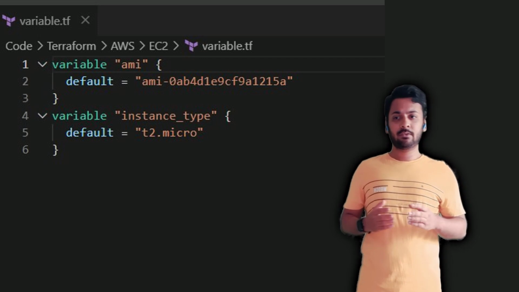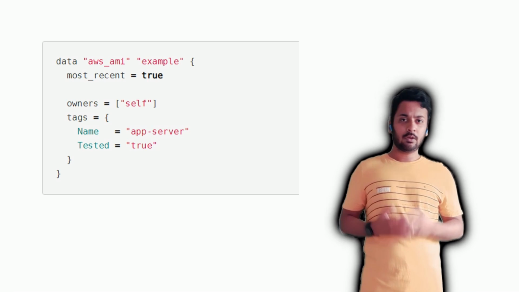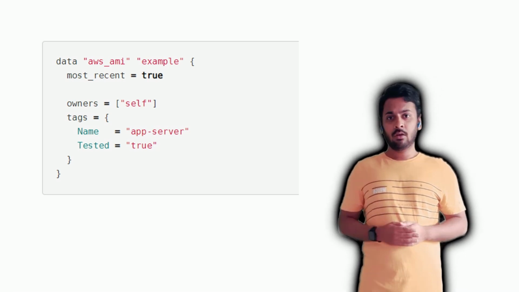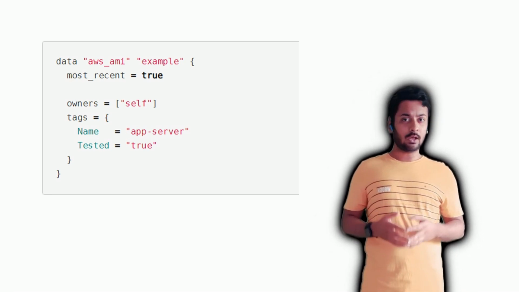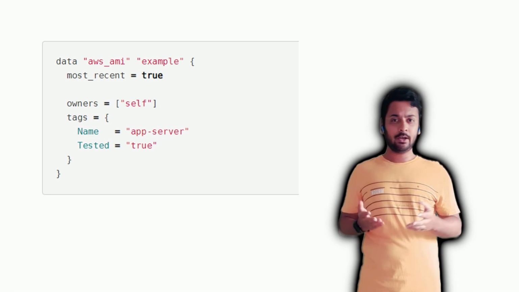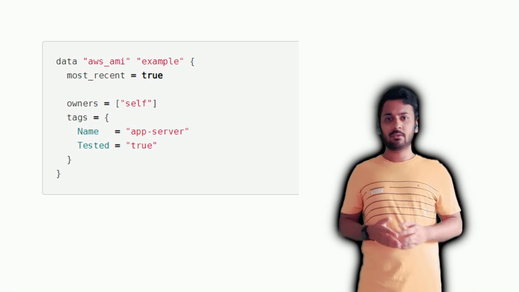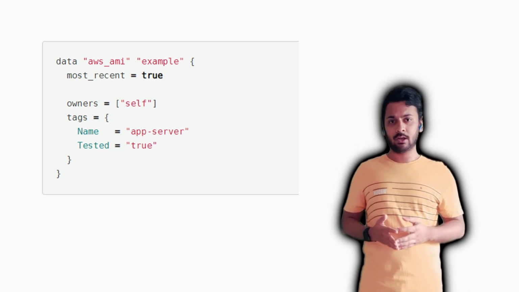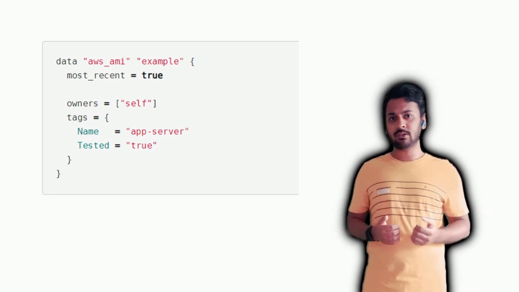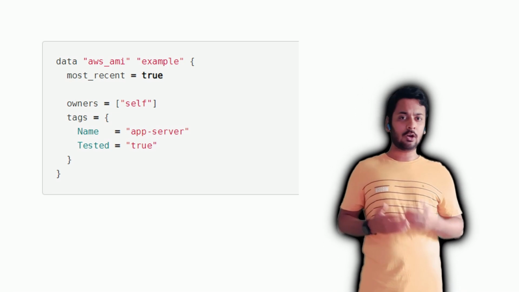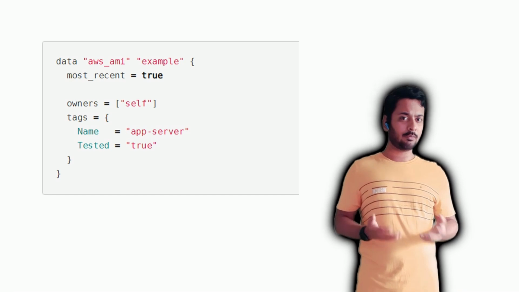Apart from these, there is one more block known as the data source block. A data source allows a value to be computed or fetched for use elsewhere in the Terraform configuration files. Use of a data source allows us to use a value or data which is outside our Terraform configuration, or which is defined somewhere else in a Terraform configuration file, and then we can use it. It is simply referred to as fetching data or metadata from the cloud provider directly during runtime and using that value to pass as a variable to some other block.